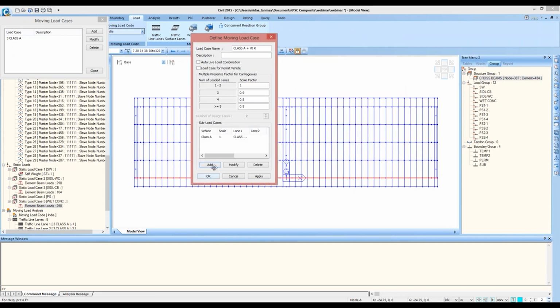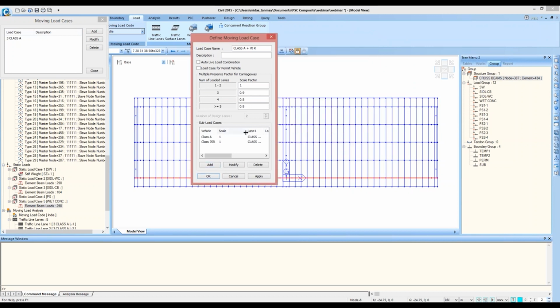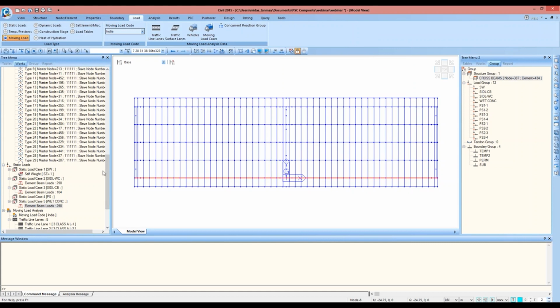Click on OK, and we'll add one more, 70R in the second lane, and OK. So these two have been added here for this load case class A plus 70R. So we click on OK, and this definition is complete.